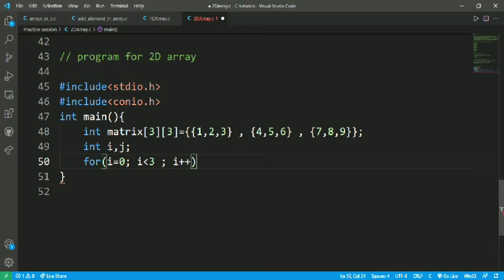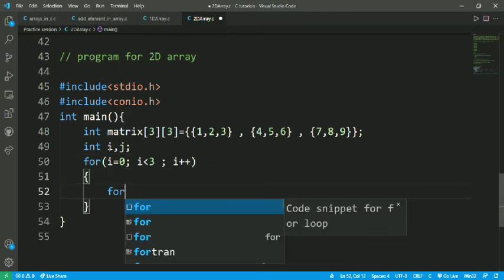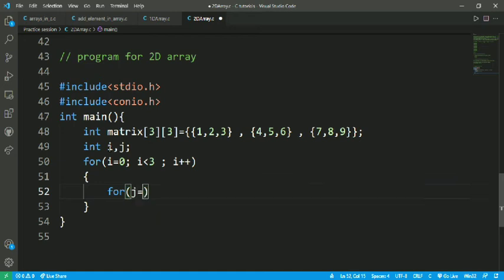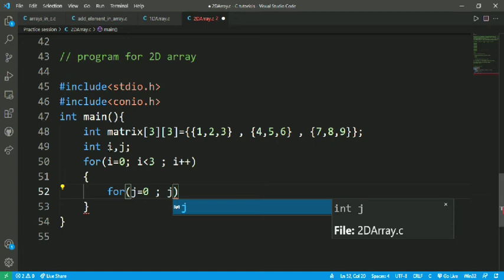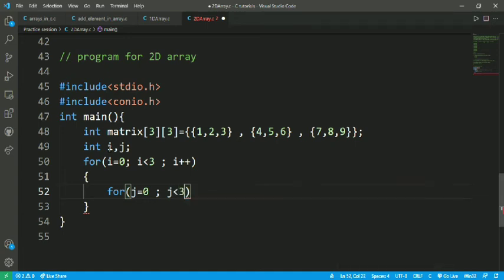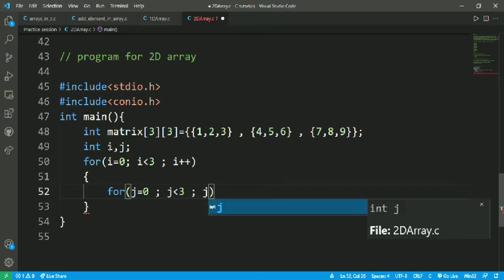Within a for loop I am going to execute another for loop, that is for j equals to 0, j less than 3, because it also has 3 elements, and j plus plus.